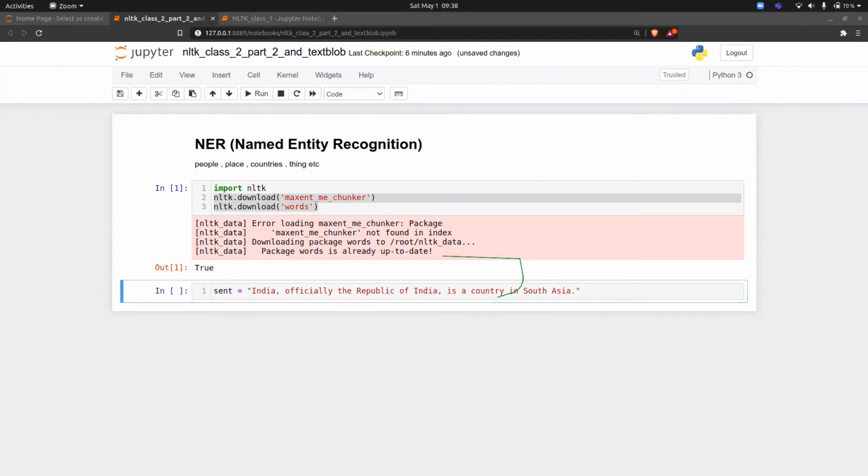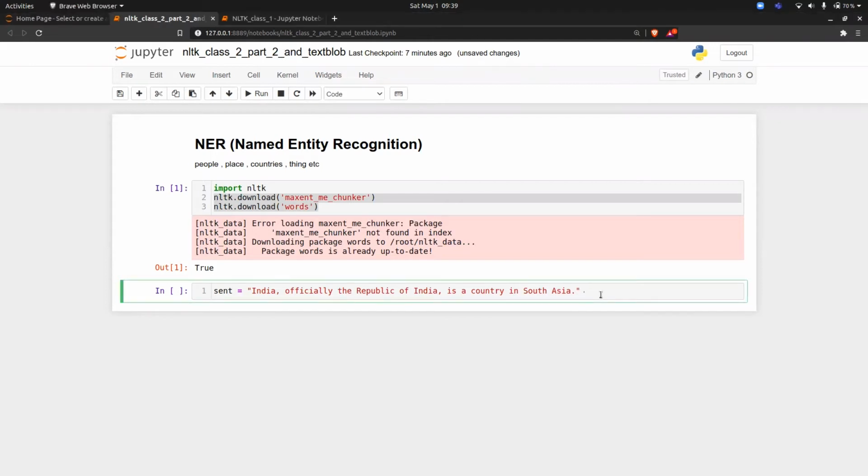I have given the text also, which I will be using for this particular example, in the chat box. The first thing you have to do is always the same, a word tokenization. Can anyone tell me how to do a word tokenization?